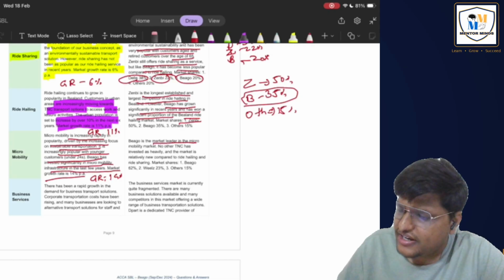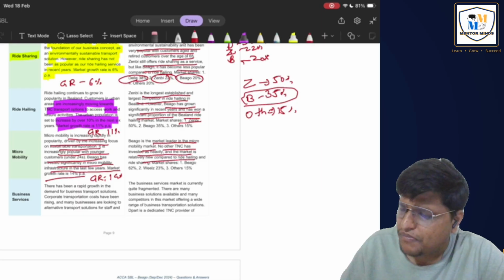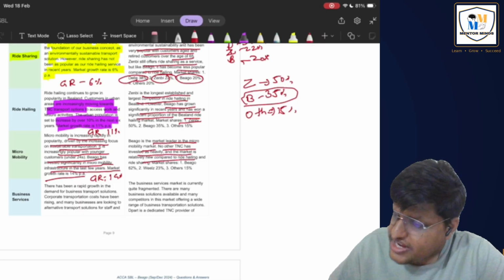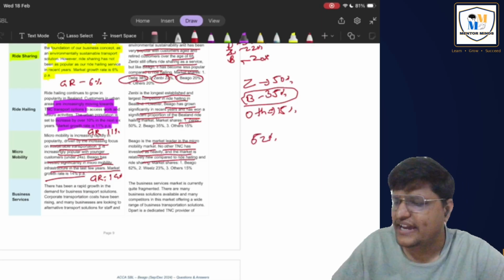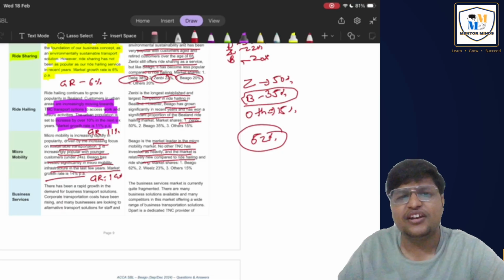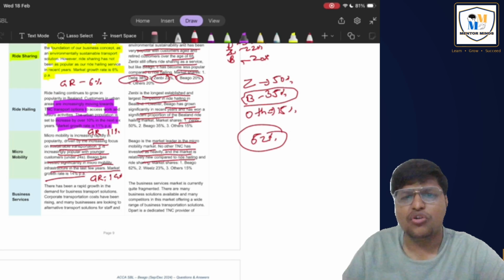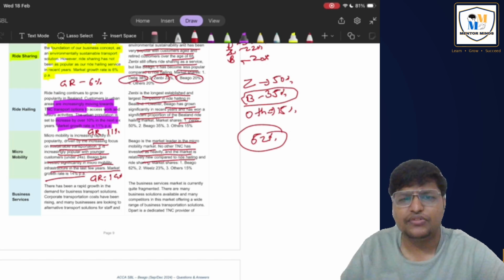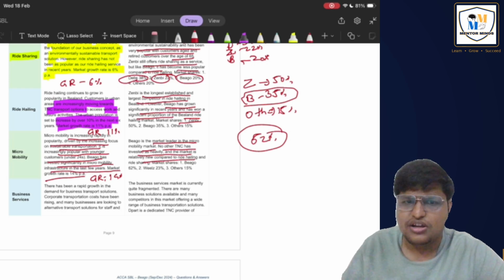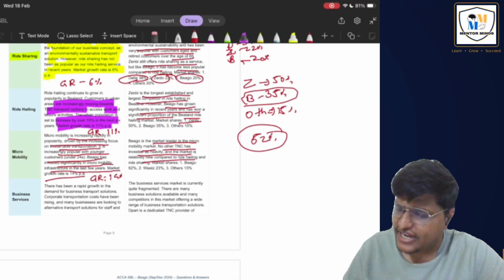Biago is a market leader in micromobility. No other TNC has invested as heavily in the market as Biago. And here we have 62%, guys. We already have 62%, and this is a growing business. So we should be happy that we can grow in this business, right? And then the next is